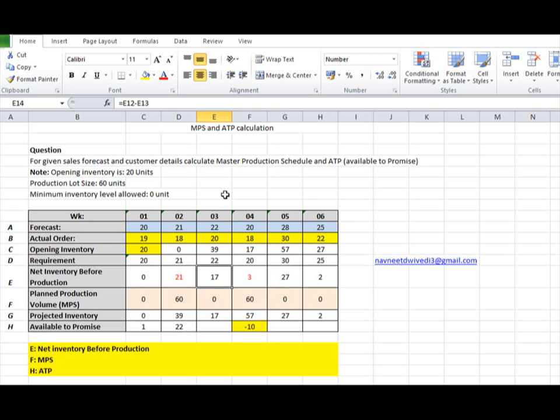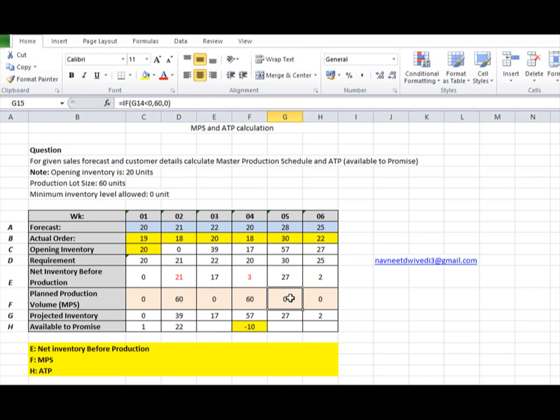But in case we neglect these things, and we start our cycle from this week 4, then we are falling short of week 10 quantity. So what we will do, we'll ask our marketing or sales department not to push 22 quantity from here. We'll ask them to push only 12 quantity, and the remaining 10 quantity will be transferred over here. Or else, if all these extra quantities are there and we ask our sales and marketing team to sell off, and they are able to sell off, then we will be in shortage of 10 quantity.